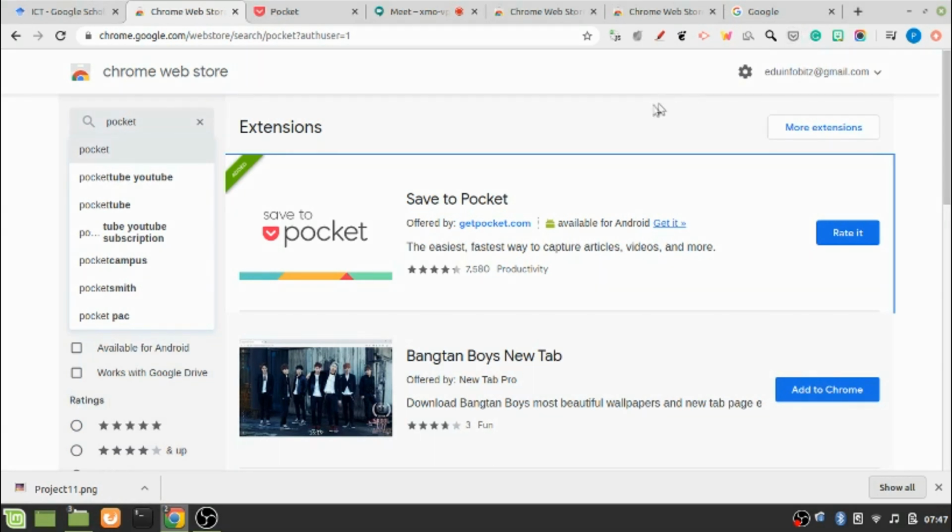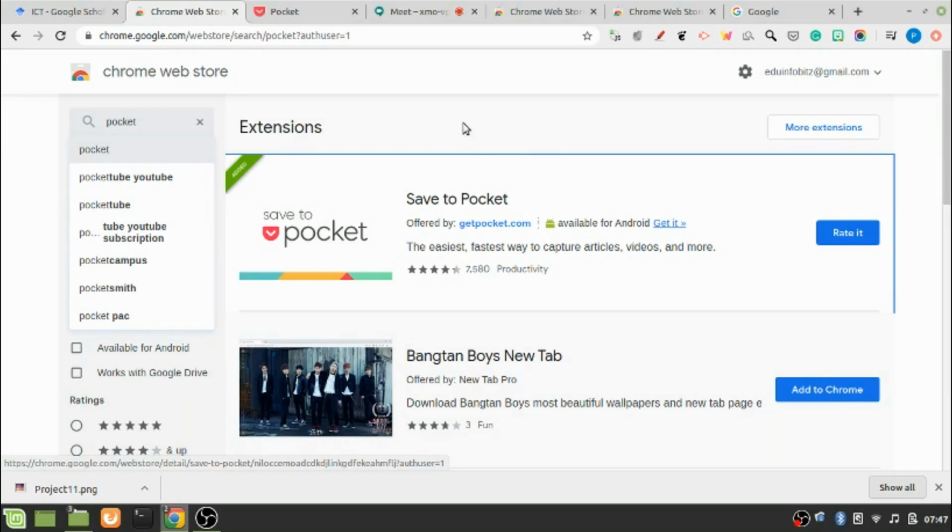Now what this extension does is, sometimes it happens that we want to read an article but we don't have time to read it at one go because of time constraint, say for an important meeting or any other issue. So in that case, you may also have a fear that if you don't read it right now, you may forget it later on, or you may lose this article from the web. So when you add this Save to Pocket extension to your browser, it relieves you from all such tensions.